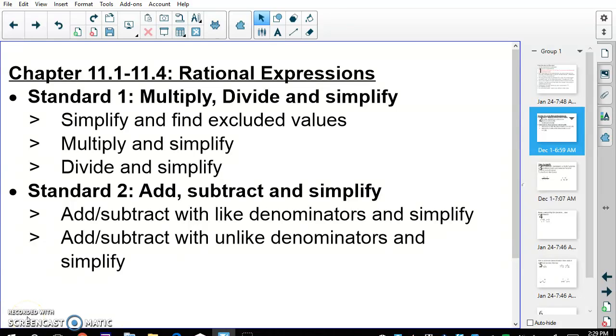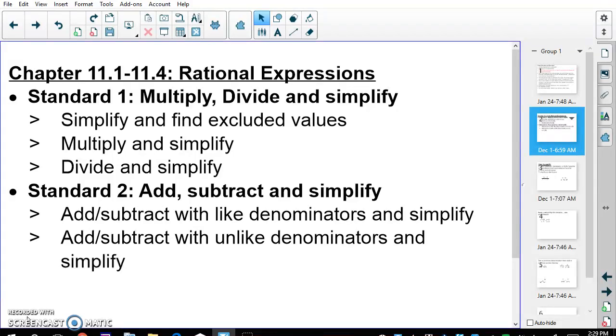Hey everybody, so we're just going to do a quick little review of Chapter 11, Rational Expressions. I'm going to start with some multiplying, dividing, and simplifying, just in case you want some extra practice before we go. This part of the final will be the second day. We're going to simplify and find excluded values, multiply and simplify, divide and simplify, and then I'll probably make a second video for the add